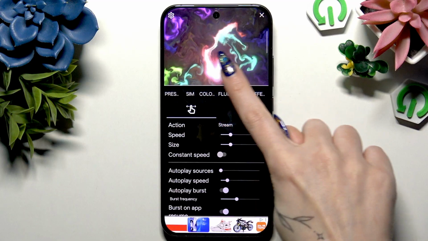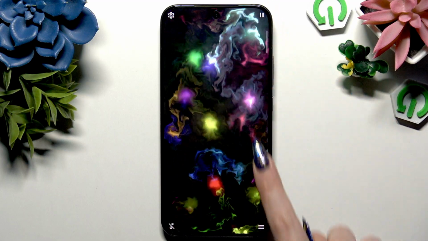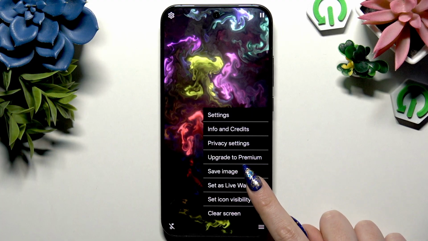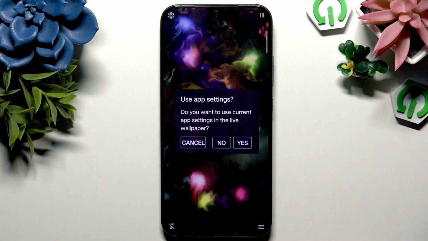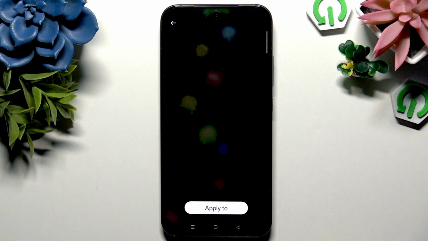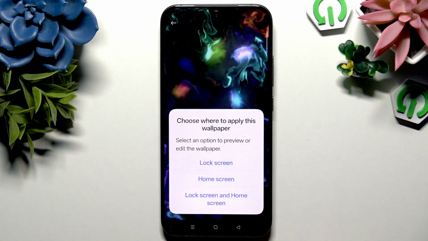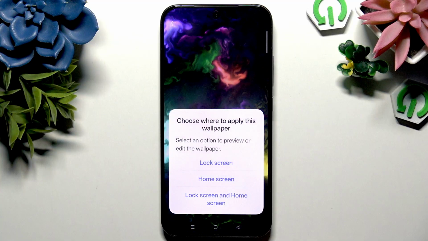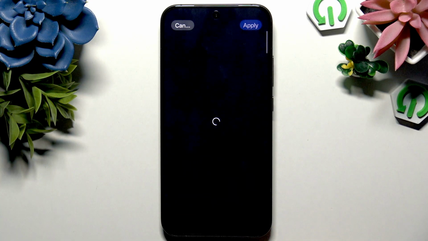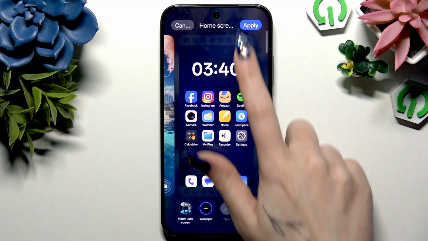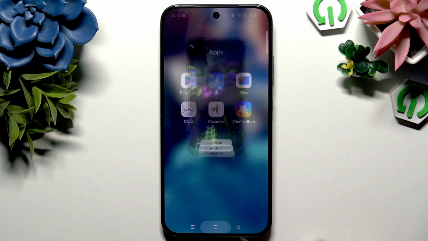When you finished, click at the top right corner and bottom right corner. Then hit Set as Safe Wallpaper. Choose Yes. Tap on Apply To and pick one of those options: lock screen, home screen, or both. Make sure to tap on Apply at the top right corner, and then you can close your app to check